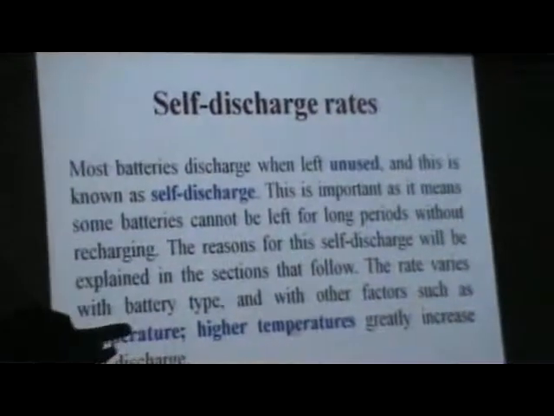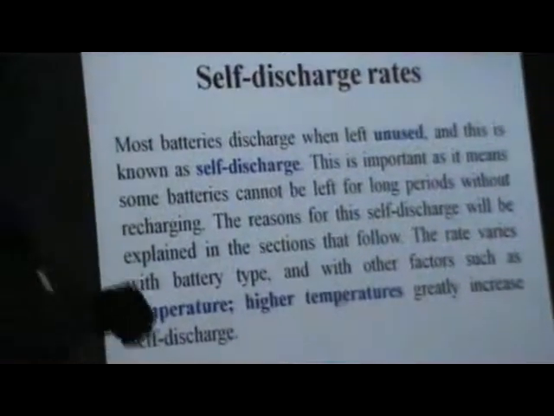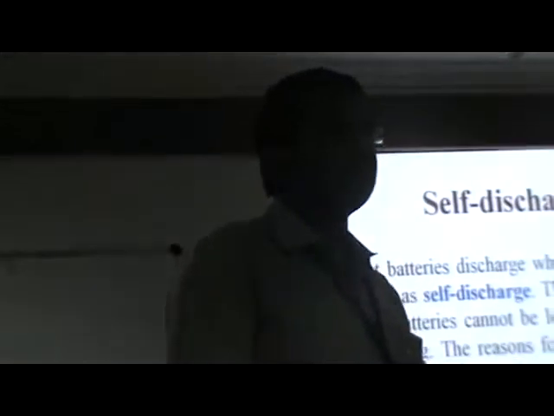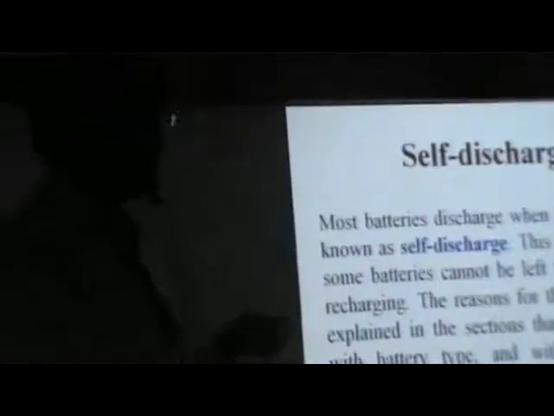Next one is the self-discharge factor. Already told, it is in an unused condition without any load. In the unused condition, the battery slowly dissolves. It is self-dissolving, and how long it is kept in a fully charged condition is called the self-dissolve rate. It also varies according to the temperature, where the battery is placed. According to the natural or external temperature, the self-dissolve rate also varies.